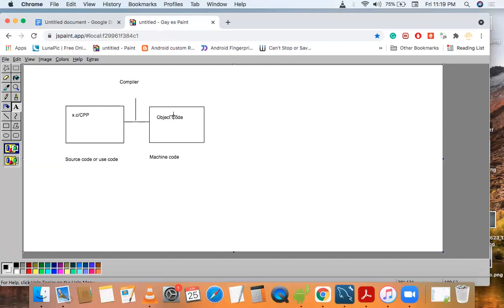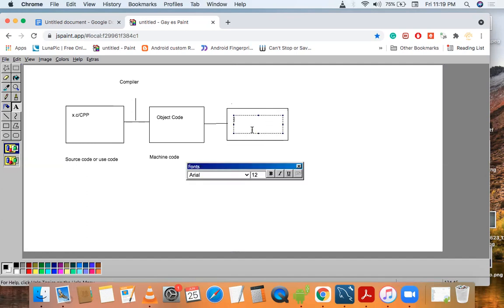Now we will run our program. It will be converted into an executable file. This is called the executable file.